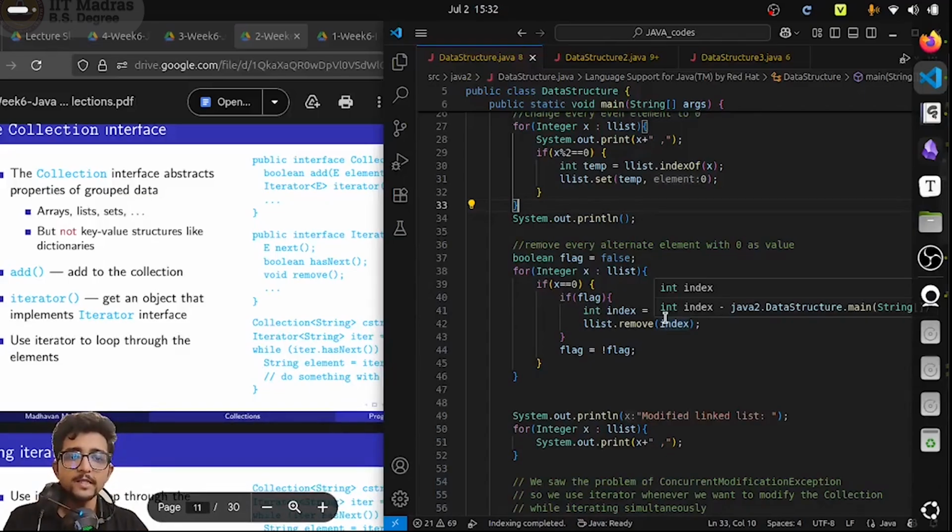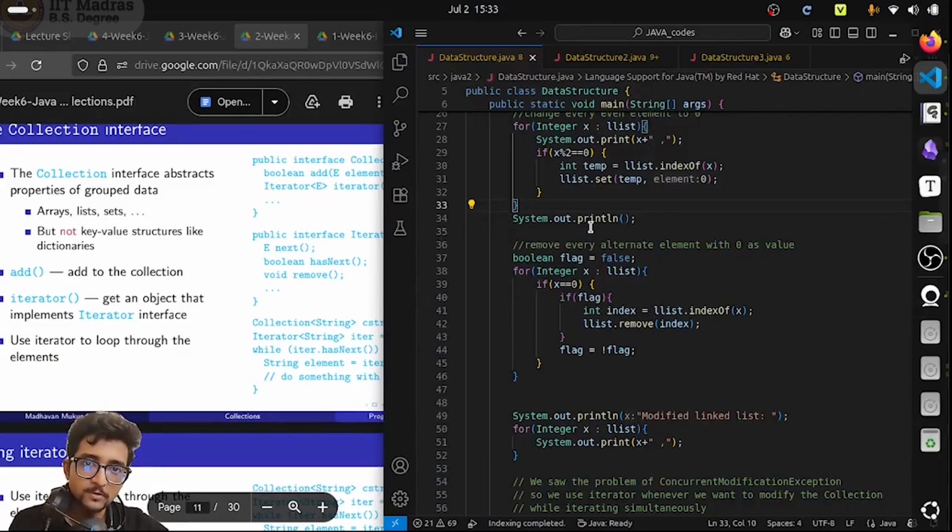I can simply write list.remove and put an index, and it will remove the node at that index. But if I do the same inside a for loop which is used for traversing through the list, then I will get into trouble. If I move this line outside this loop and write it there, then it will be fine. No exception will be thrown. But if I write this line inside the for loop, then what happens is